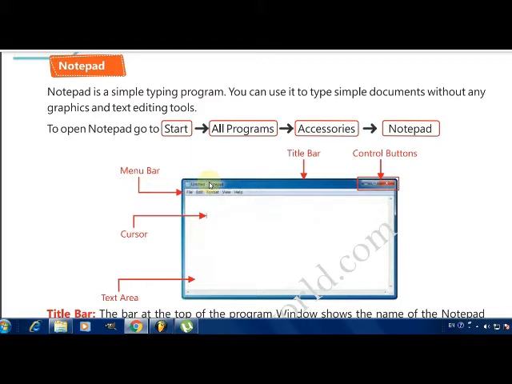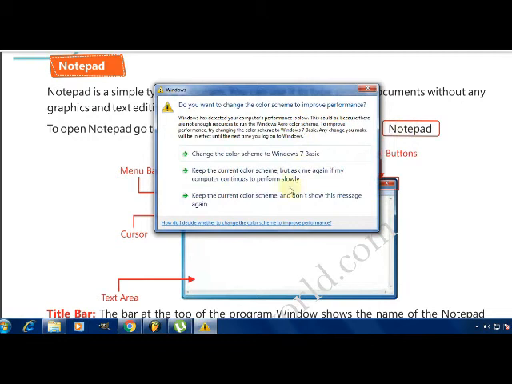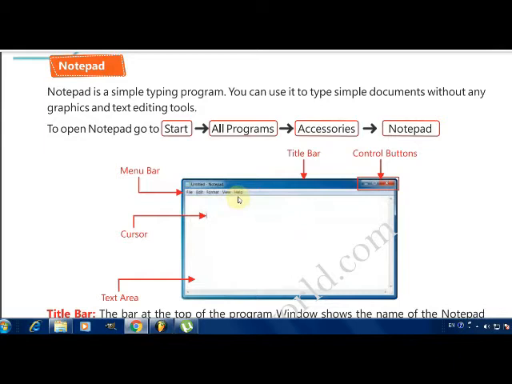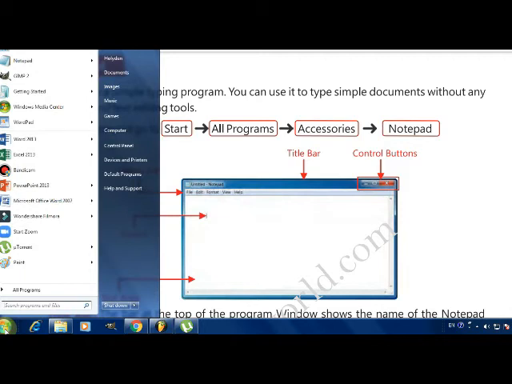Now let's see how to open this application. If you want to open this application, you have to follow these steps. To open any program which is installed by the user, the common step is to click the start button. Here also, to open Notepad we have to click the start button. Now where is it located? It is located on the left side of the taskbar. Now you have to click the start button. When you click the start button, the start menu will open.